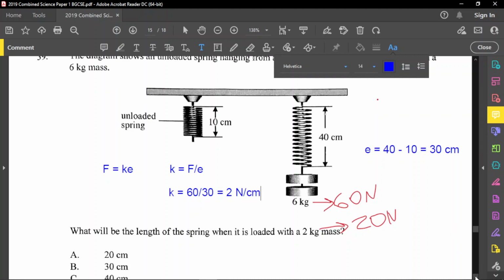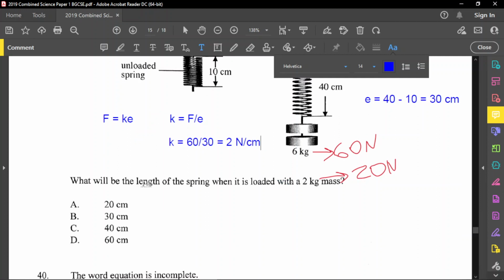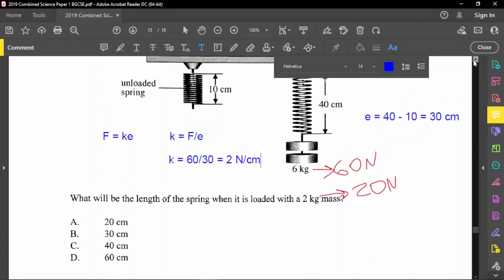Now follow me carefully. What it asks us here is, what will be the length of the spring when it is loaded with a 2 kg? So all we need to do now is to find the extension, right? Based on the formula, the extension will equal the force divided by the constant. That's what the extension is. So the force here is 20, and the constant here is 2. So divided by 2, what we get here is 10